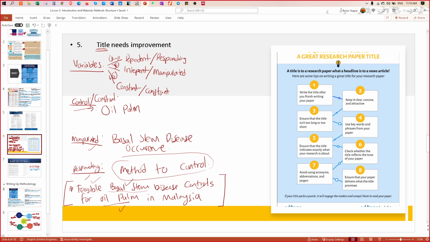I just tried one proposal about the factors influencing participation in the paddy estate program in MADA, because I'm working with MADA. MADA started the paddy estate in 2011.